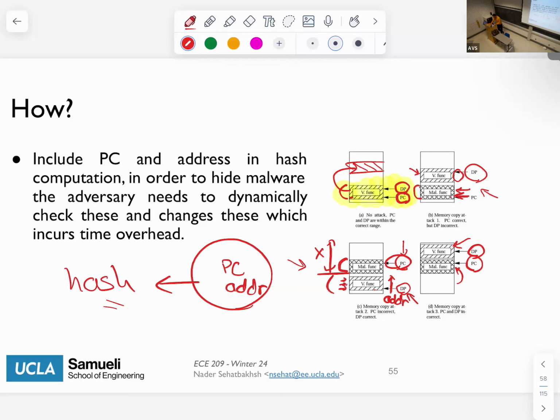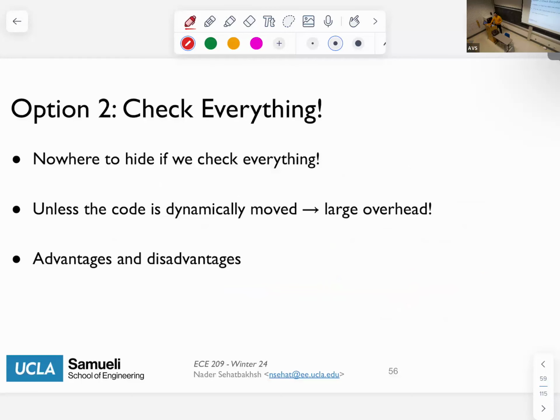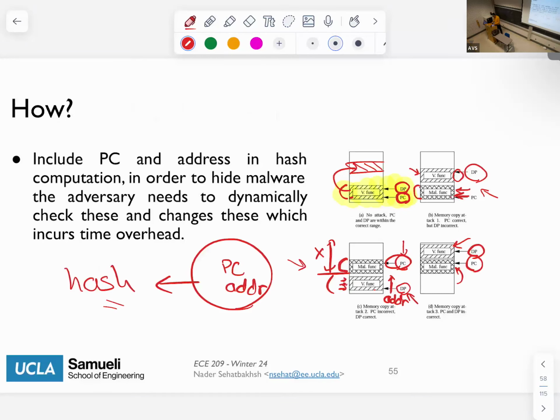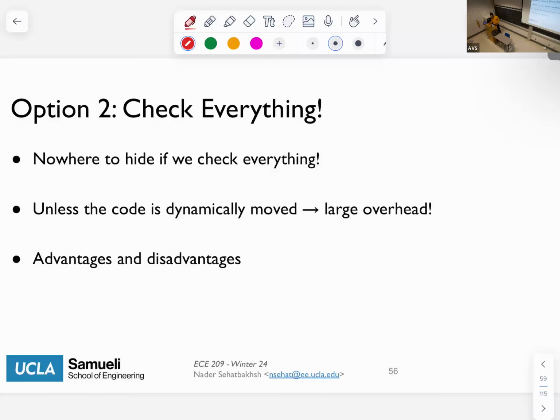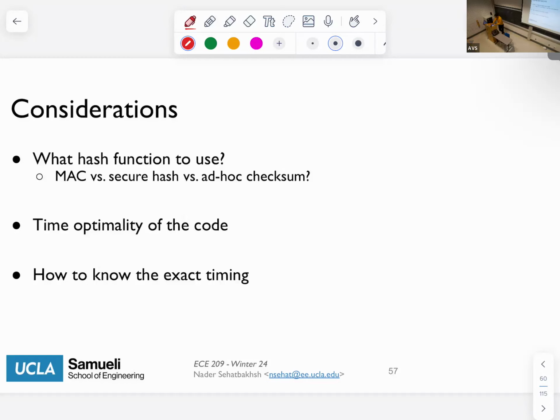Before jumping into how do we do that, you can also always kind of fall back to the original option of checking everything, because in that case, all of these things could have been detected anyway, right? It doesn't matter whether your PC is changing or not. Eventually, if I do all of these things, I can find them. As I said, the only thing is there's just some overheads. So there are some advantages and disadvantages of this approach, as I said before. All right, so